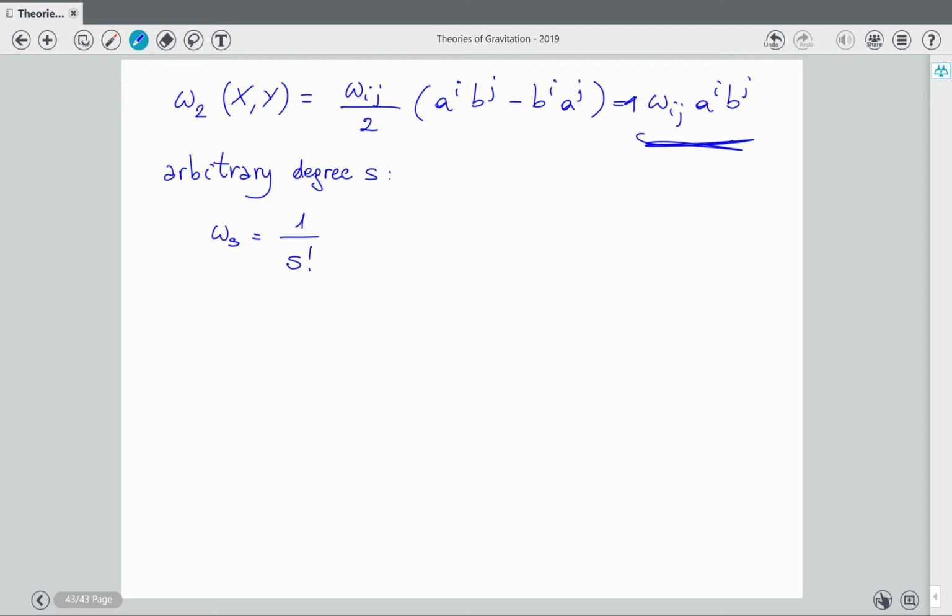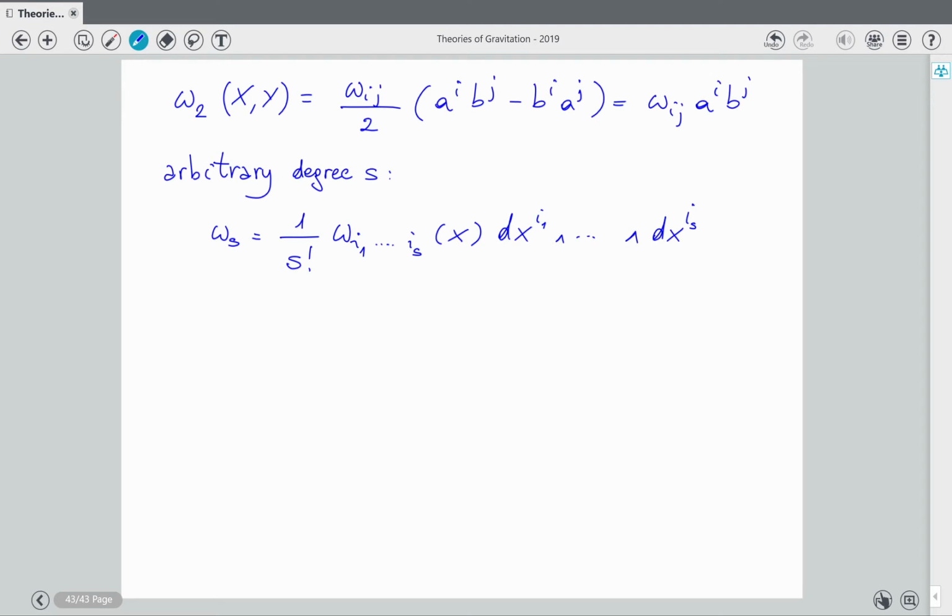You see you have 1 after the contraction, but in a moment we will forget about it because it's not very practical for other uses. So the components will be completely anti-symmetric matrices with S indices, depending on the point, and that will multiply the wedge of S differentials of the basis of the cotangent space,